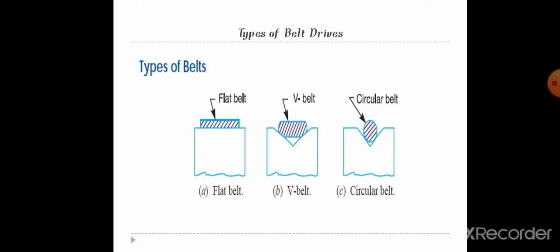V belt. V belt is mostly used in factories or workshops where we want to transmit a moderate amount of power. We generally observe in this V belt that both the driving pulley and the driven pulley are not placed very much apart from each other. They are generally very close to each other.